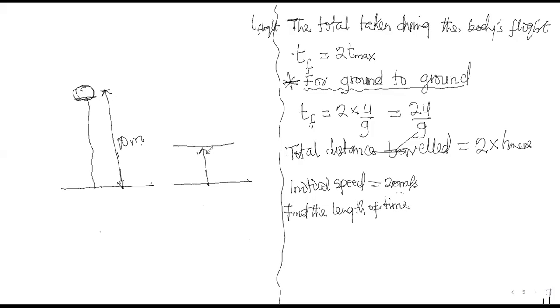This means the person doing the throwing is standing on something, and that thing has a height which is 2 meters above the ground. That's the ground, and the stone is thrown. So if the stone is here,